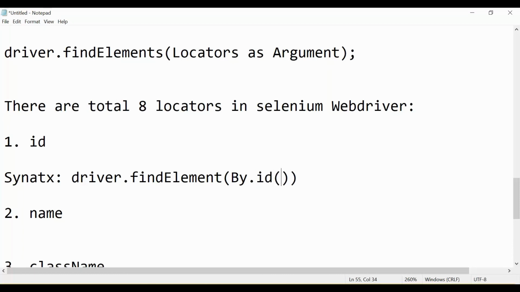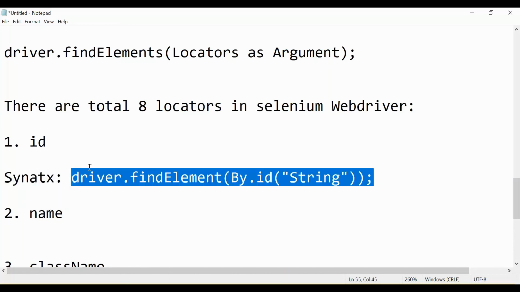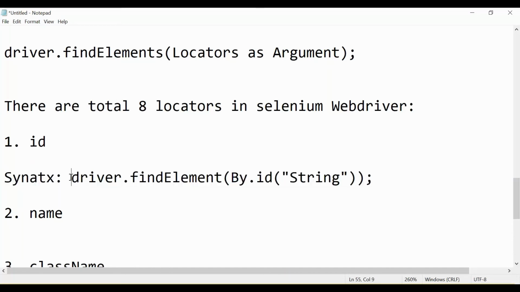This By dot ID needs a string argument. We are saying, go and find a web element having some ID, so we need to pass that ID as a string, and then a semicolon. This is the syntax for using any locator. If you are using ID, this is the syntax.